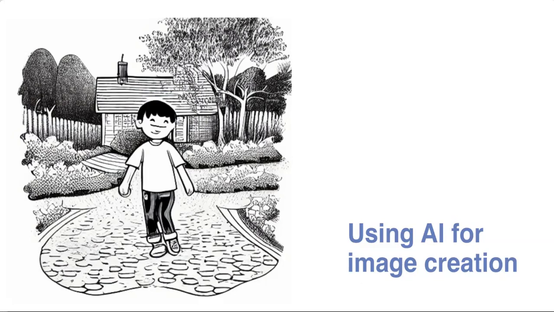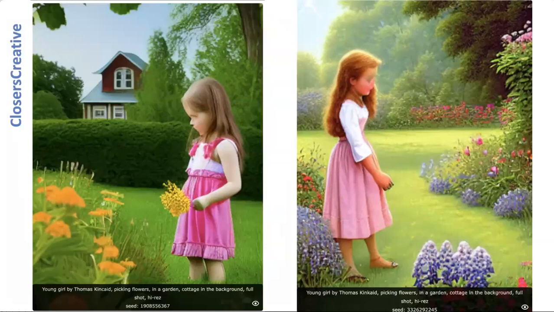And then as we progress through this, it's just crazy what 5 months can do. So I started working with a tool called Closers Creative, and I put in this information. I didn't put it in this way. You fill out something like, they word it this way: Young Girl by Thomas Kincaid. I didn't say that, but I said I wanted to use the artist Thomas Kincaid's style. So in any case, here are some of the weird things that come up.